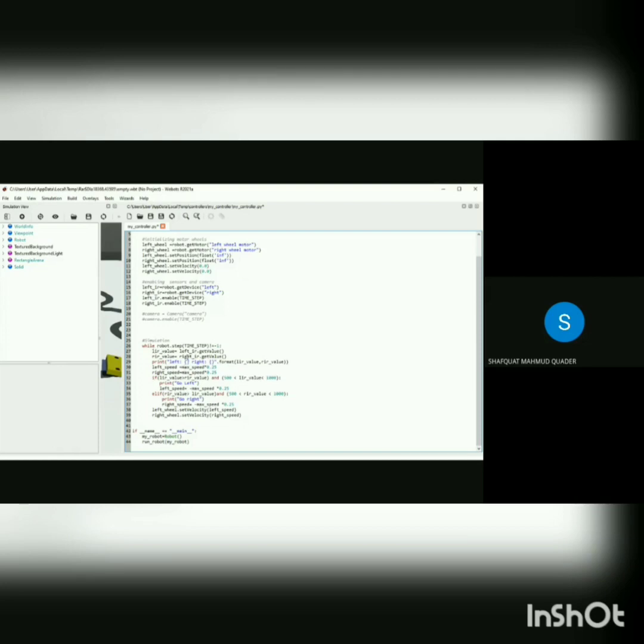Then we get the value of the left tire, and we also get the value of the right tire through this line. And then we print the values in order to make it easier for us to understand. Then we set the speed. Then for the wheel to run, we set it to the max speed. We multiply it with 0.25, which is a random constant. And also the right speed, we multiply the max speed with the random